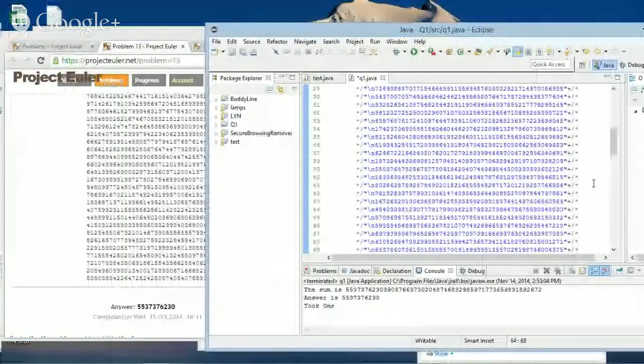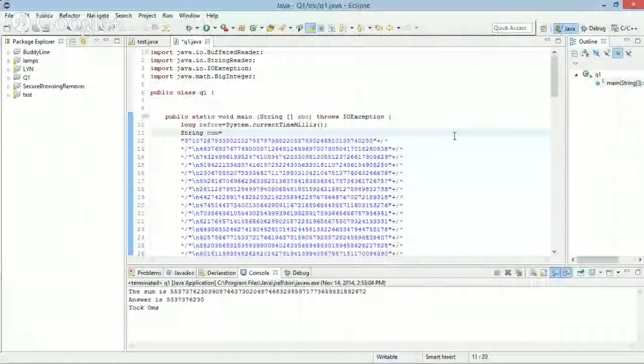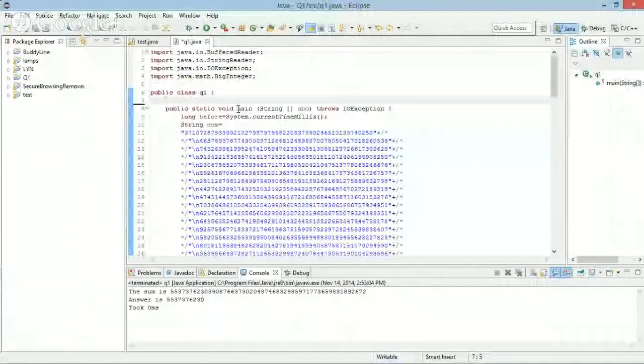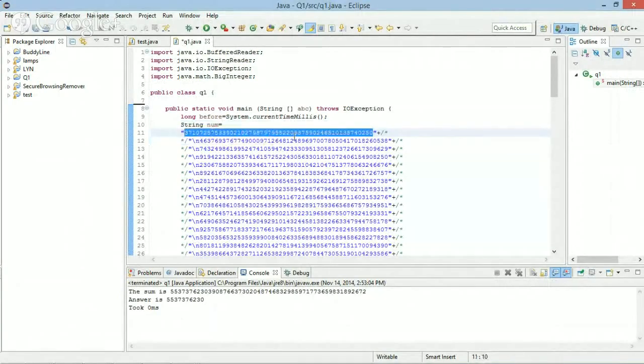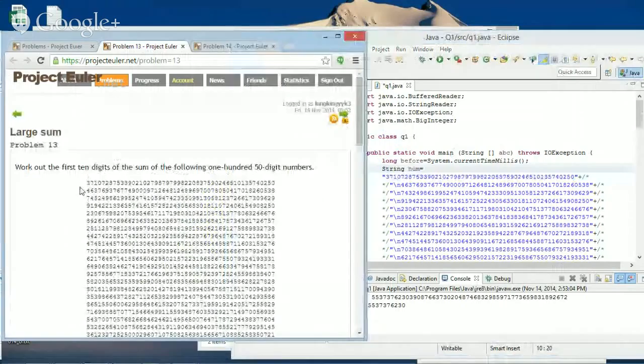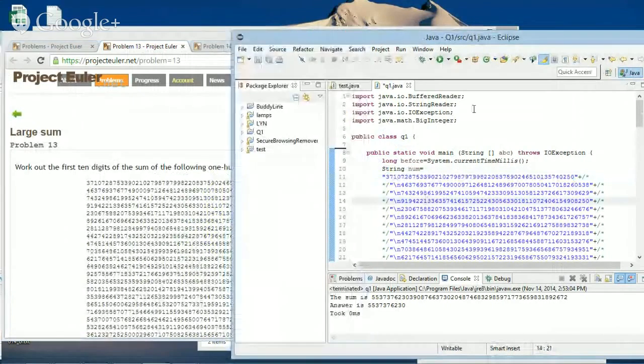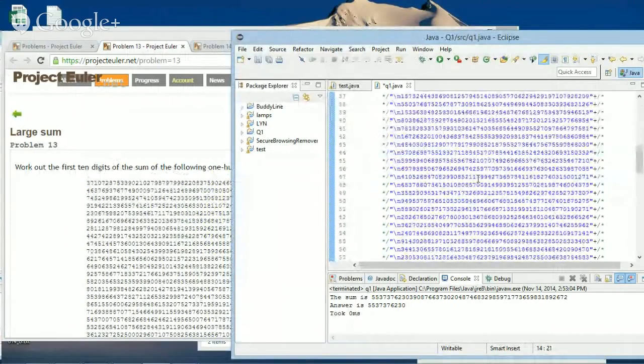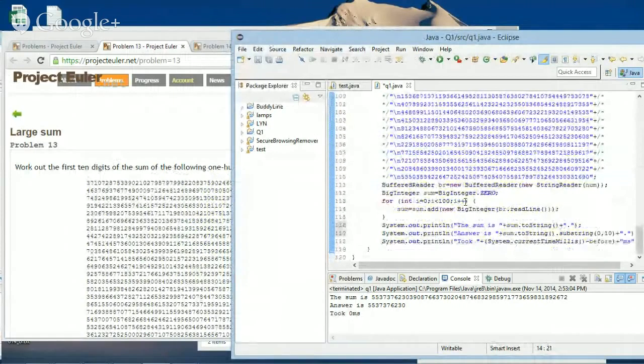For this problem, the first solution I would use is BigInteger. If you are using Java, then you can use this library. It's a library that serves as a solution when you want to do operations on long numbers, like 50 digits, where the int and long cannot hold that number anymore. So okay, first I have a string of numbers, which I copy from here and paste in here as the input. And at the end of this,